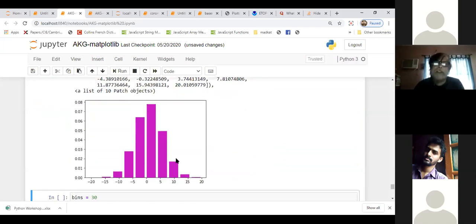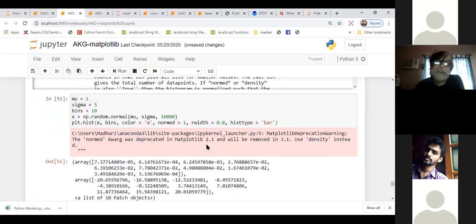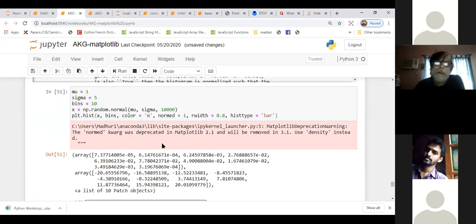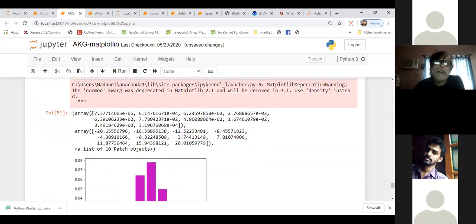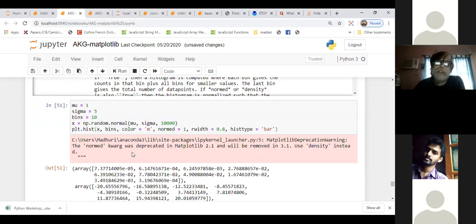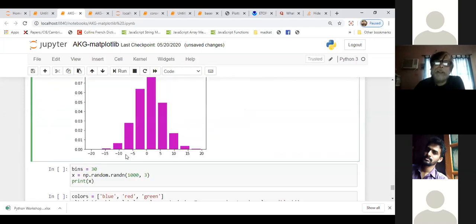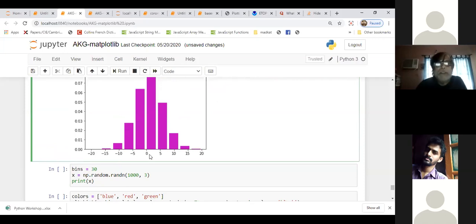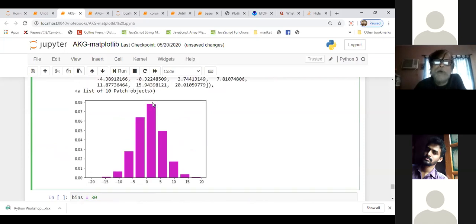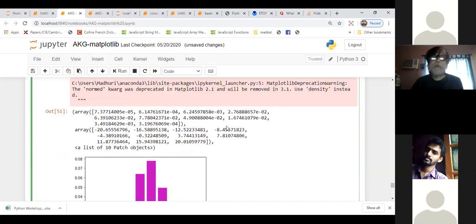So this is a normal distribution. If you take more and more data, the distribution will be more and more like a beautiful symmetric normal curve. But here we took only 10,000 data points, we fixed the width, and the bins we have taken only 10. So that's why you see 1, 2, 3, 4, 5, 6, 7, 8, 9, 10 bars. The numbers are coming between 0 and 4 or 5, that's the maximum, the most probable value. This way we can plot and see.